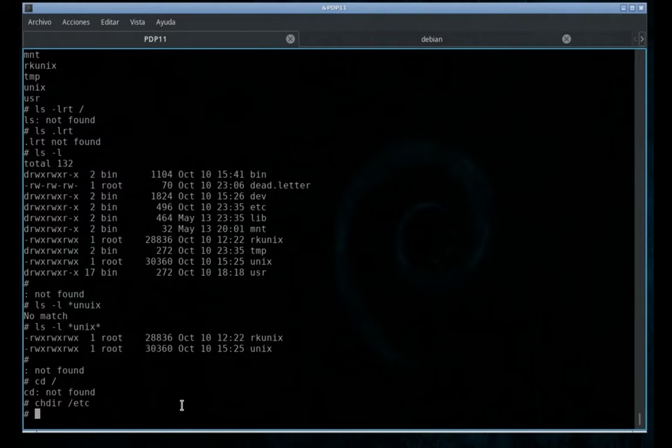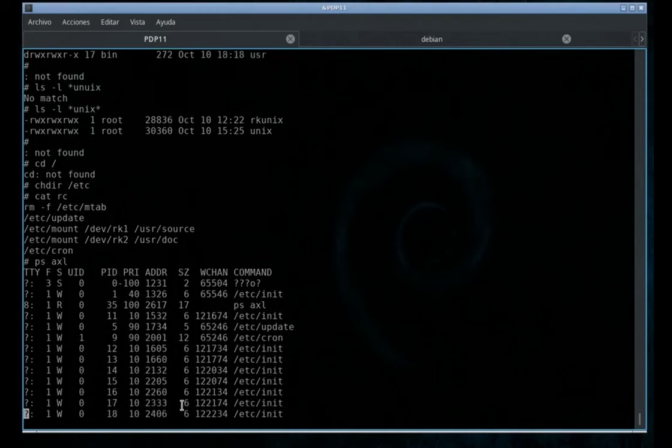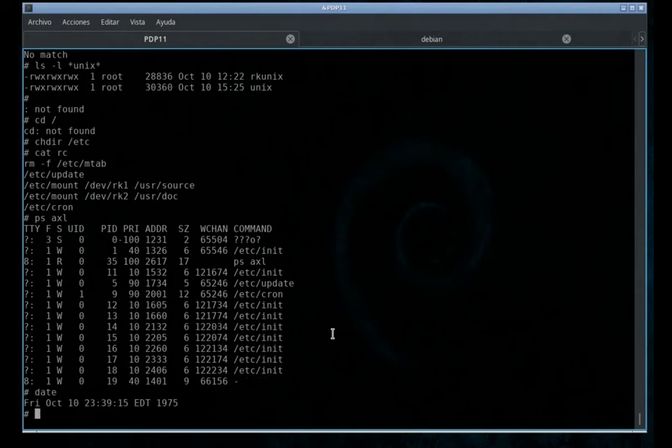If we take a look, the RC files is where the init starts the system daemons. The PS tool similar. The RC file, it's starting the cron daemon. The cron daemon, it's running. Let's try to see. You can see the date. It was originally